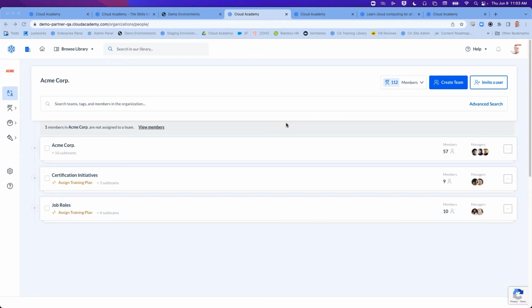As I mentioned, we're beginning with an introduction to skills intelligence. Most people have come to understand skills intelligence as a CRM for tech talent. Our skills intelligence engine is fueled by validation, which is really just a fancy way of saying that students are proving knowledge through quizzes, exams, and live environments.